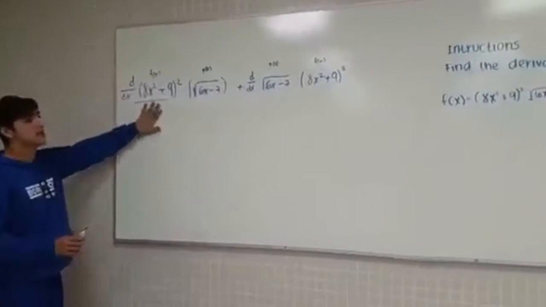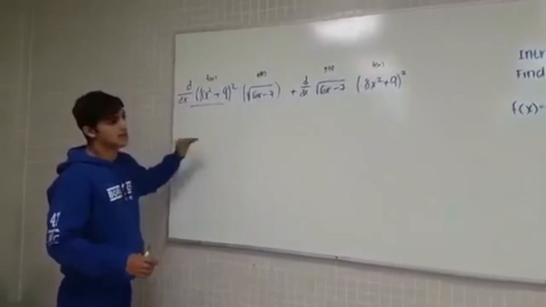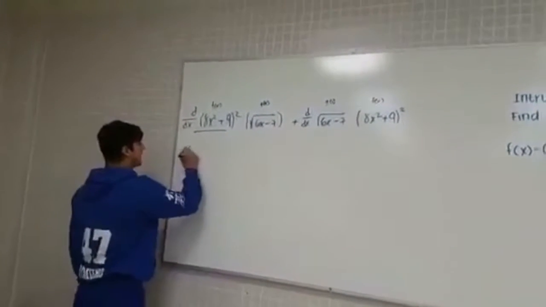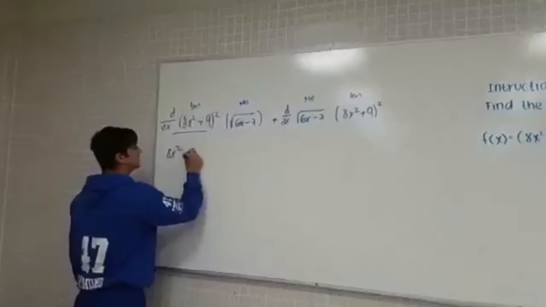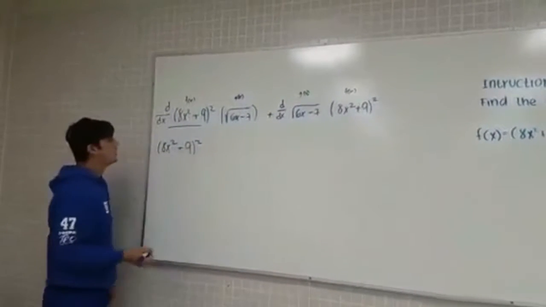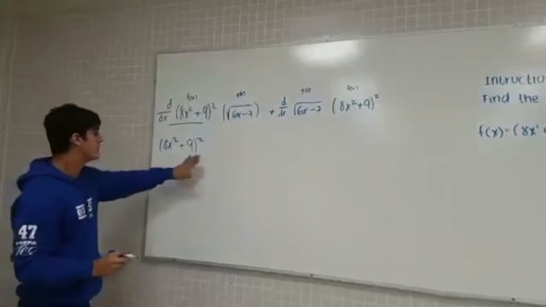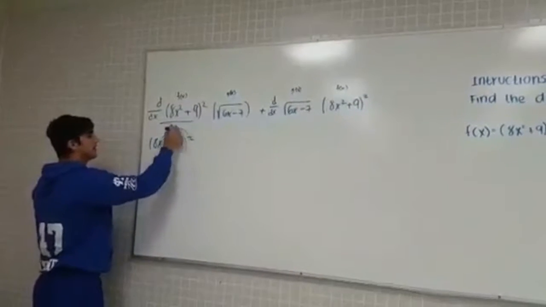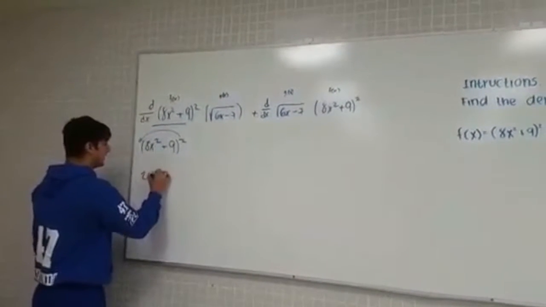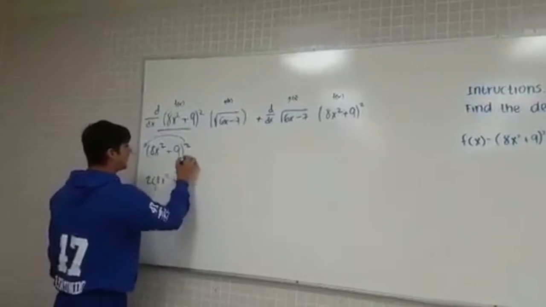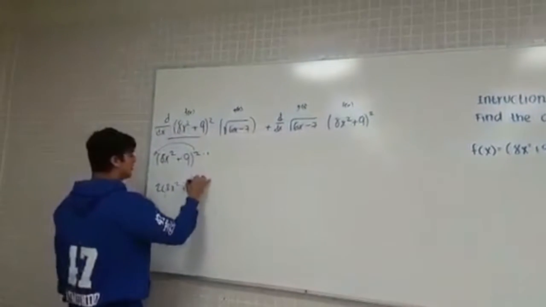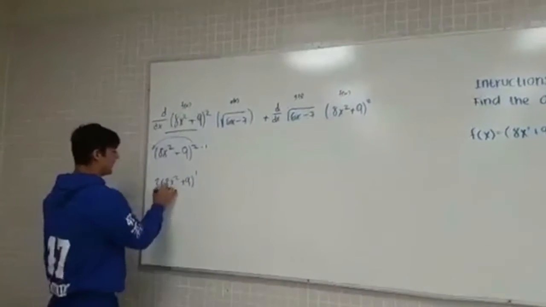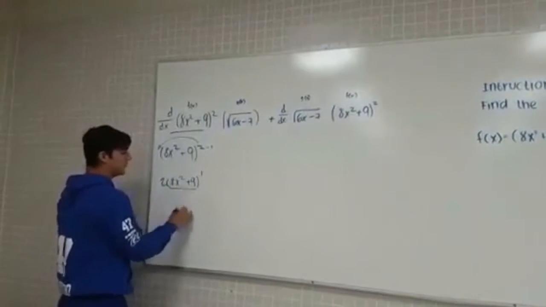So the first step then, the second step in the product rule is to find the derivative of f of x. So it is 8x² plus 9, squared. So the first thing we have to use is the power rule. That is 2. We pass this 2 multiplying here. So it's 8x² plus 9. And we subtract 1 here. So it's 1. Then we use the chain rule,